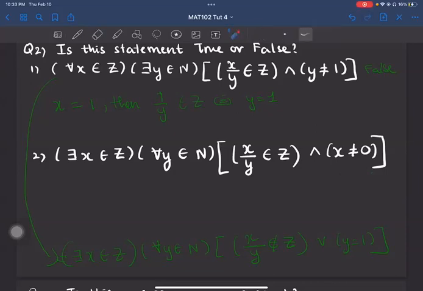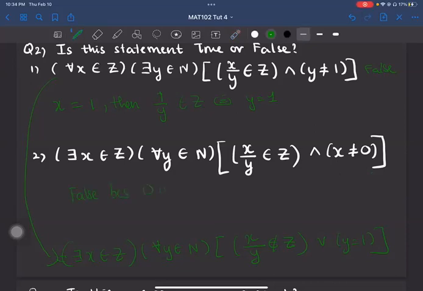When I think about an integer that is divisible by all natural numbers, the only possible number that can do that is 0. But we have the condition x is not 0 here. So if we exclude 0, there is no number like that. So this one is false